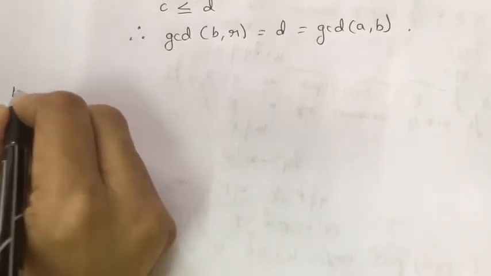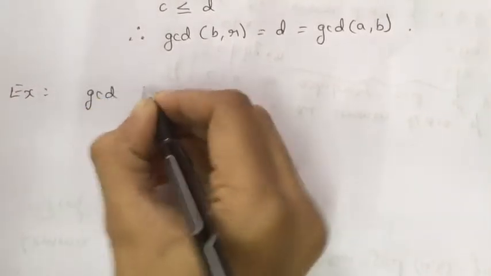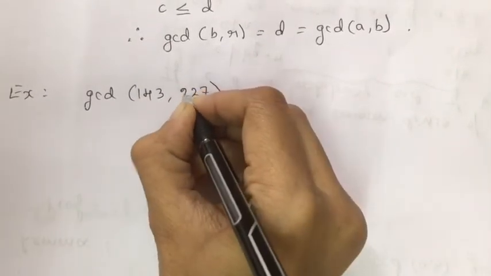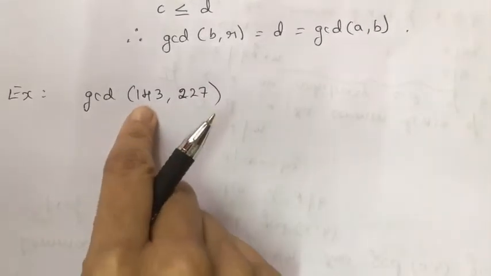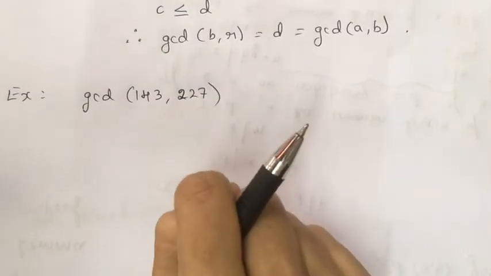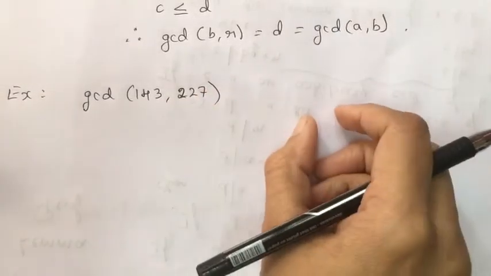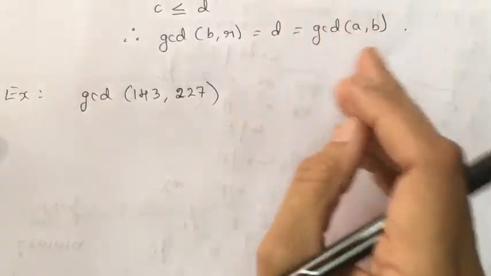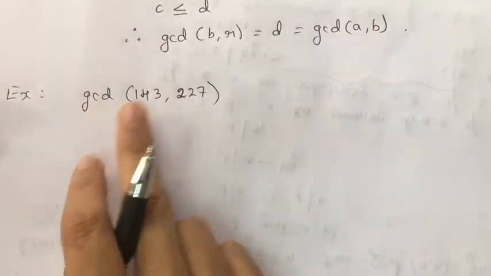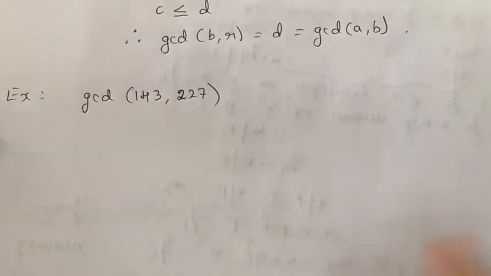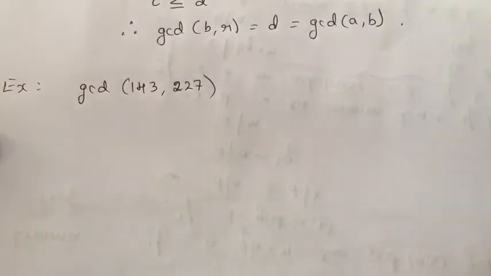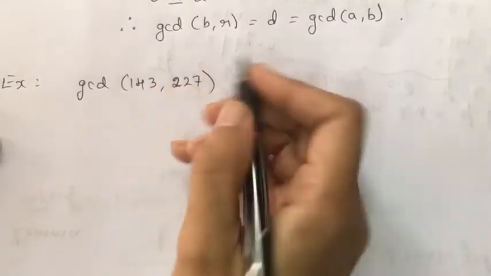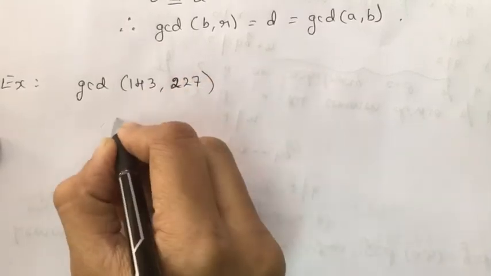Suppose you have to find the GCD of, say, 143 and 227. You can list out all the divisors of 143 and 227. You can list out the common divisors, and among the common divisors you choose the greatest one, so that will be the GCD. But it is time consuming, therefore we are going by the Euclidean algorithm. What we do is we try to write the largest number among the integers